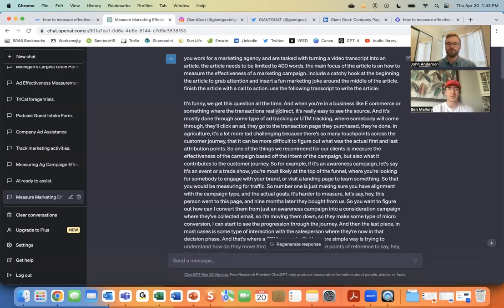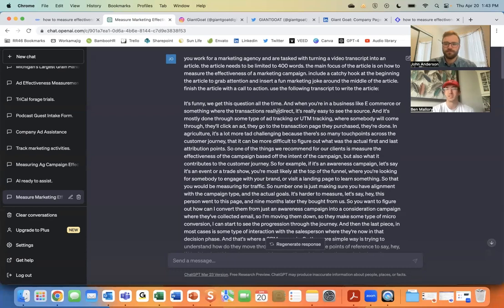And the way that you get something awesome from ChatGPT is setting the context. You'll see in that first paragraph that John has up here is a perfect starting sentence: you work for a marketing agency and are tasked with X. Telling it what it is, who it is, and what it's doing is the best way to get the output that you want from